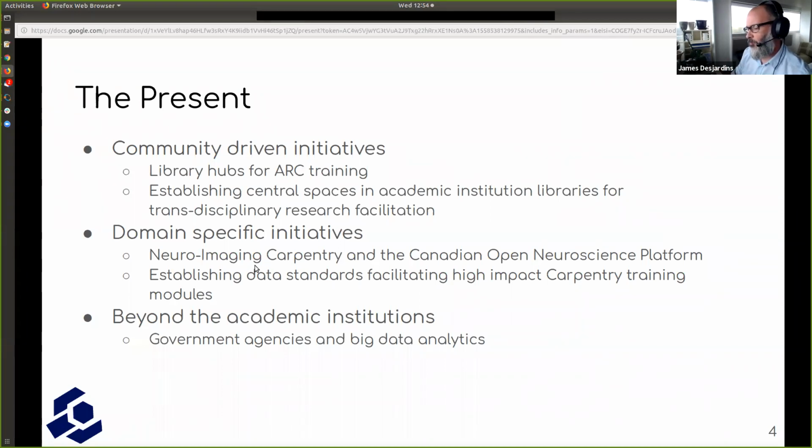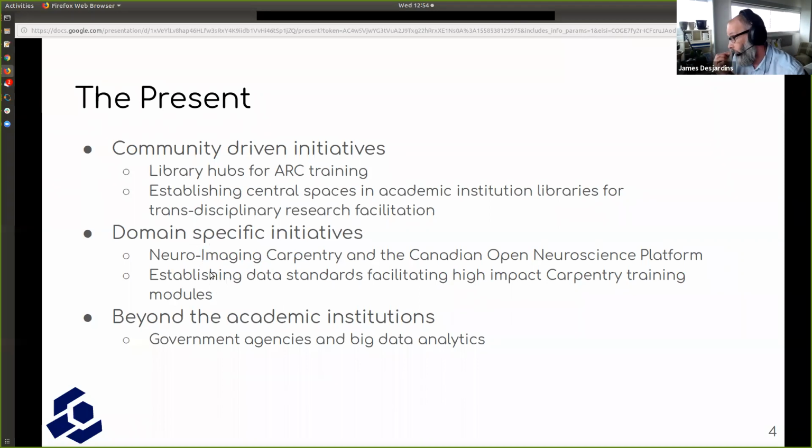And these sort of transdisciplinary spaces at research facilities, I think, is an important step forward, where graduate students from the computer sciences are constantly interacting and training with the specific research domain researchers. The other thing that we've been noticing, and I've been spending more time working with people on, are the research domain specific initiatives.